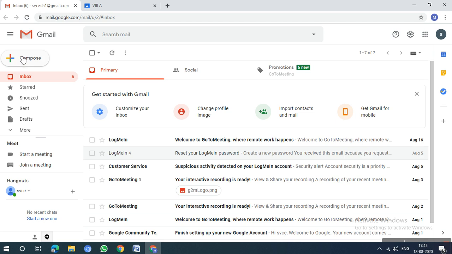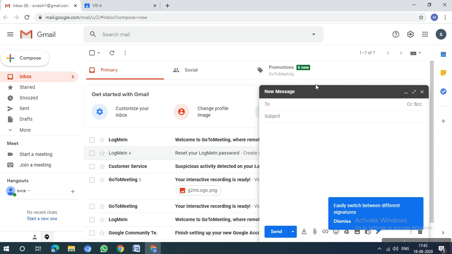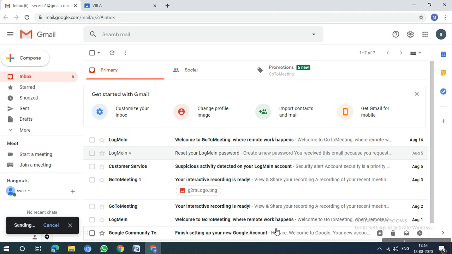I'm just going back. So this is one option. There is another option also. I'll show you. Suppose I want to send it to someone, I'll just type their email address. I'm typing my email address, some other email address, @gmail.com. So invitation, this is one option. I'll show you one more easiest option also. Just paste the link, then send. Now they could join from that link.